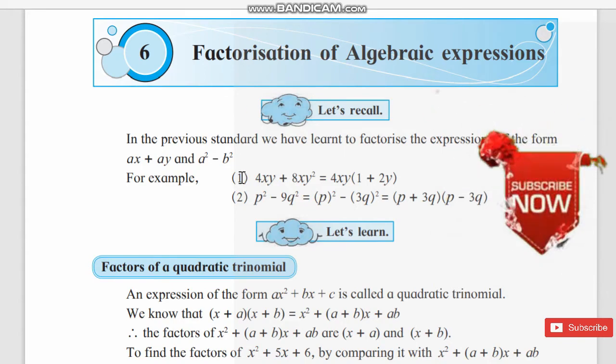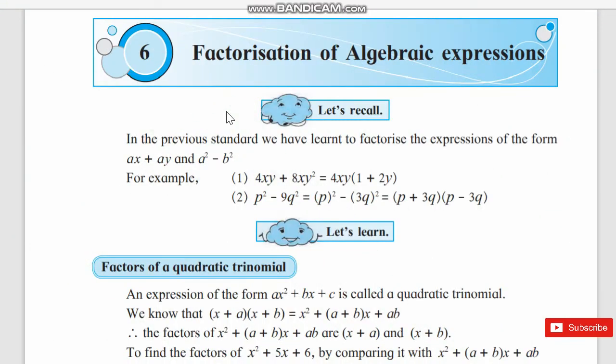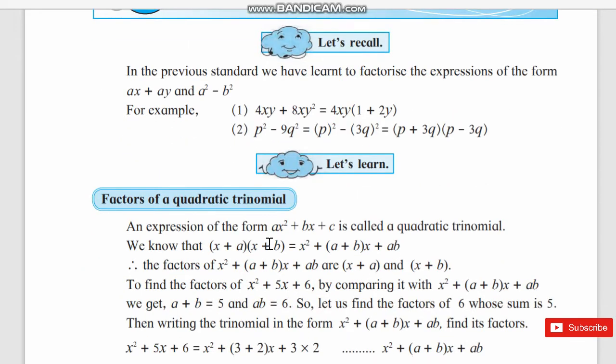Let us learn this topic. What is the expression? Let us see. This is the standard form of the expression ax square plus bx plus c. We are just learning the quadratic expression. What is the quadratic expression? Let us see. Having the index 2 is called the quadratic expression. So ax square has the index 2, so this is called a quadratic trinomial or quadratic expression. If the given expression has the index 2, it is called the quadratic